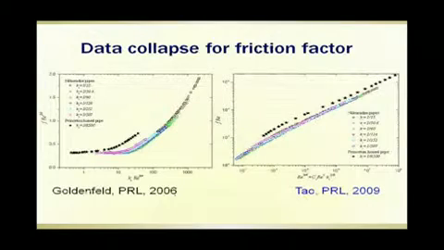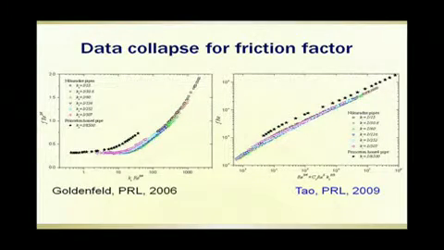To study this, Goldenfeld proposed a data collapse by the intriguing analogy between turbulence in rough pipe and critical phenomena. In 2009, Cheng generated another collapse by postulating a composite scaling variable. However, both of them failed to collapse Princeton data due to incorrect power law scaling of friction factor at a